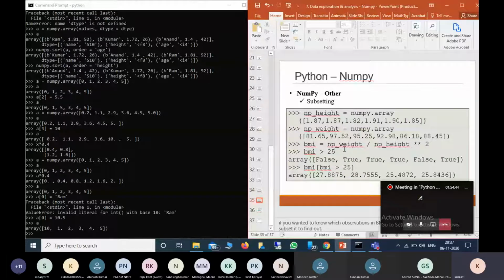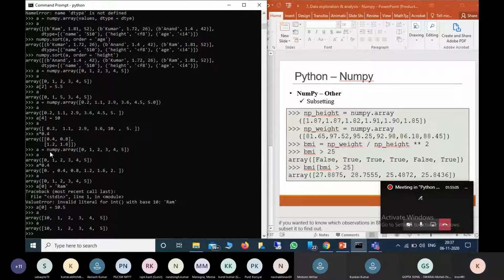Now another is subsetting. How we can do subsetting: for example, there is an array, and if we only need to print array values greater than 5 or less than 5, there we can use this. For example, now we have a: 10 1 2 3 4 5.